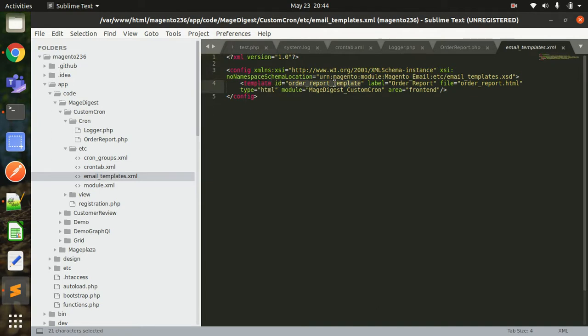You have to give the label, and the file, that is an HTML file where the body of the mail is defined. Type should obviously be HTML, the module is Mage Digest underscore custom cron, and the area is frontend. So this is how you are creating the templates, and the ID of this template is order report template, and the same thing you are writing over here, correct?